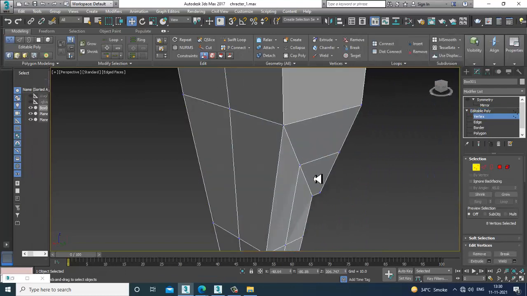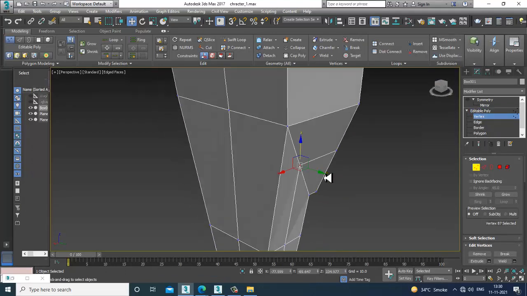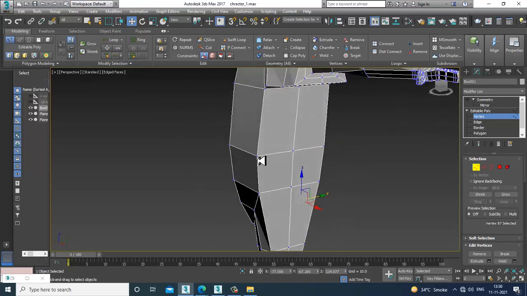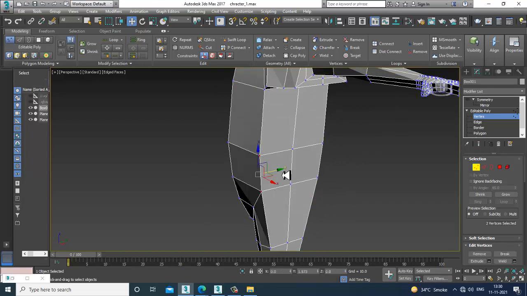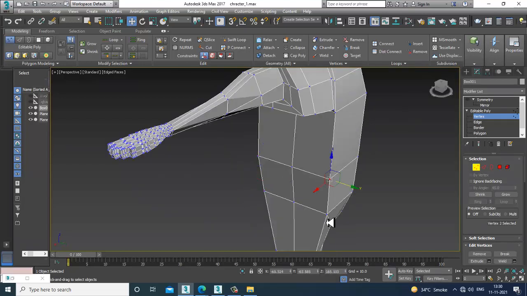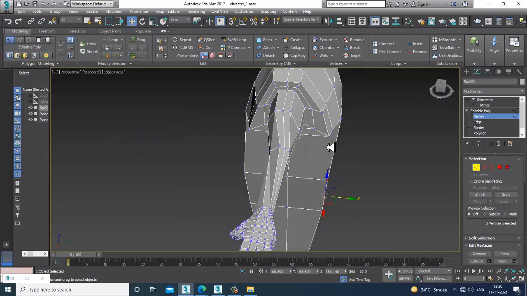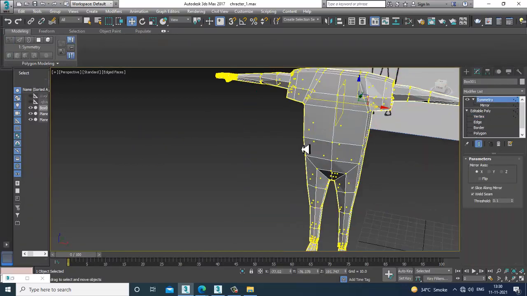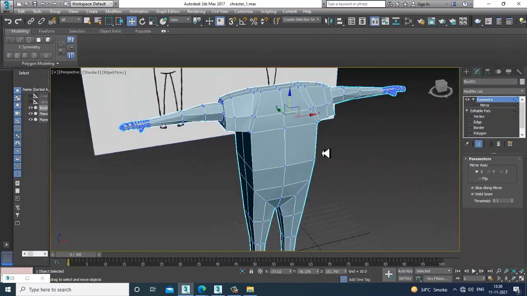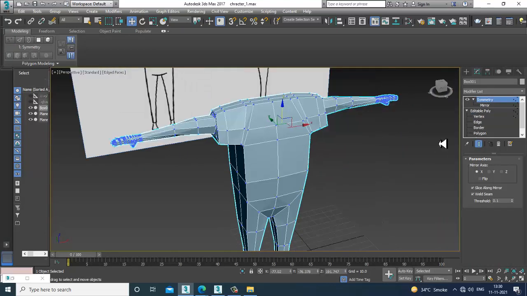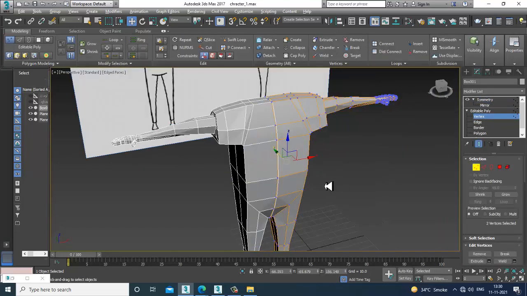So let's go into the vertices and adjust these vertices for the back part. We are still in the blocking mode. Let's adjust these vertices and give a symmetry over here. Again, go into the vertex.